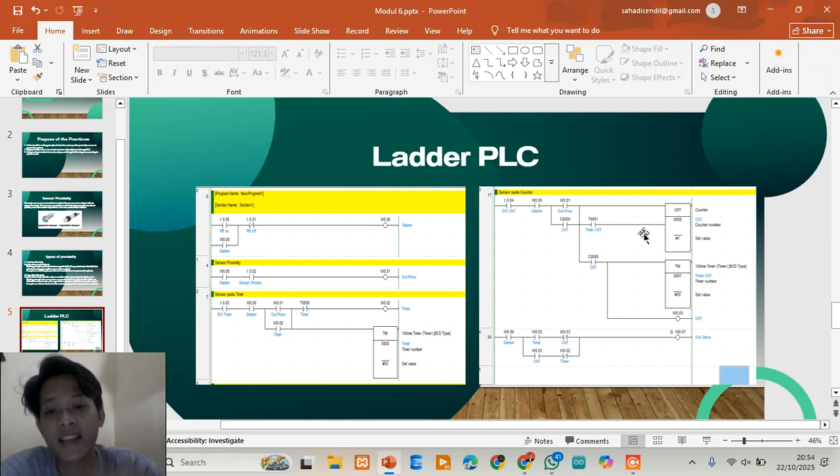After 5 seconds, T000 finishes timing and activates V002, labeled the timer output. If the object leaves before the timer completes, the timer resets, ensuring stable detection only after a set time.